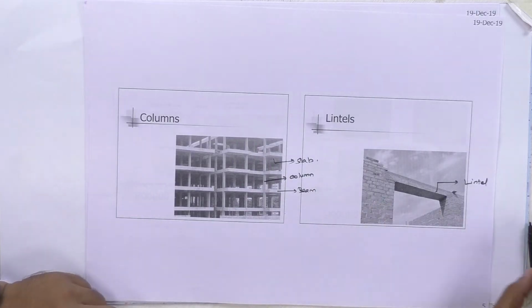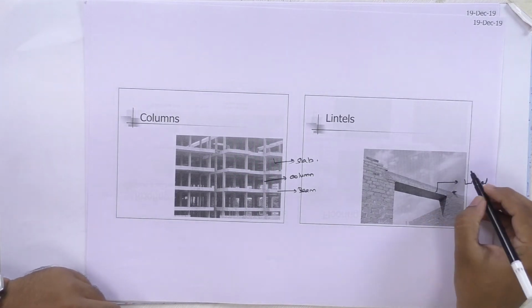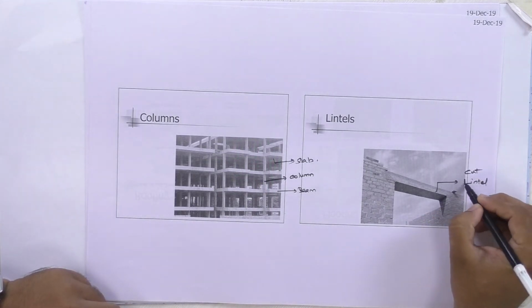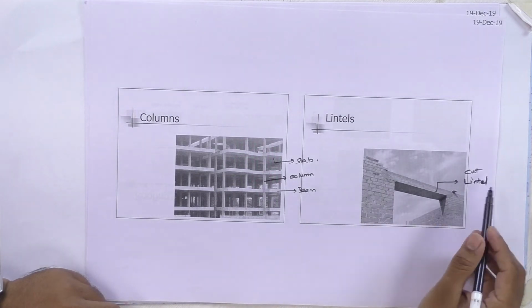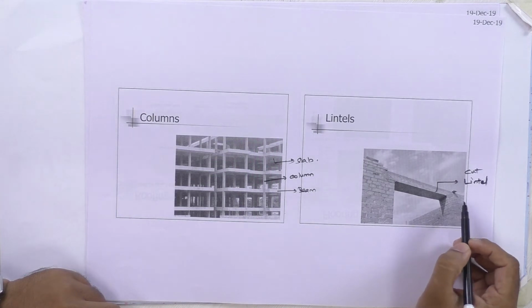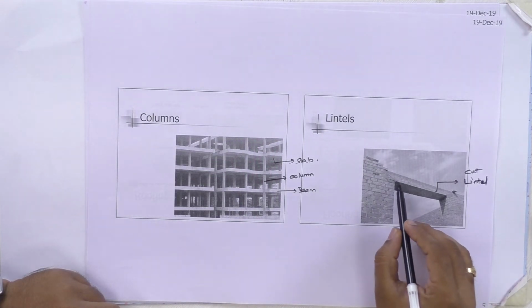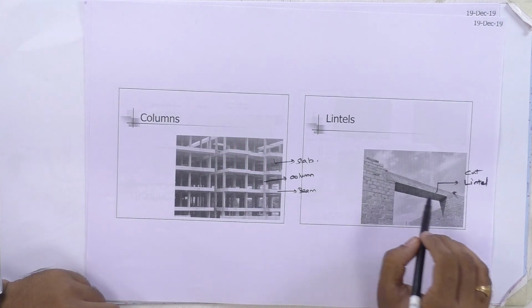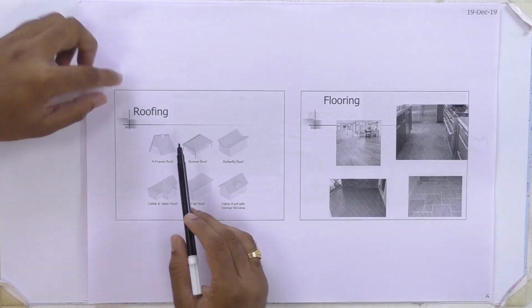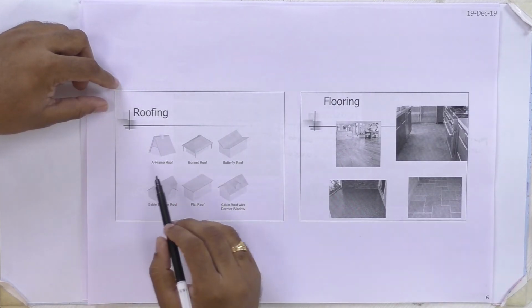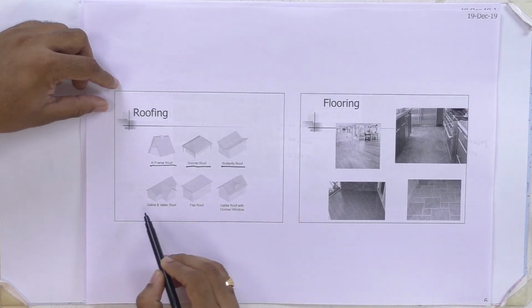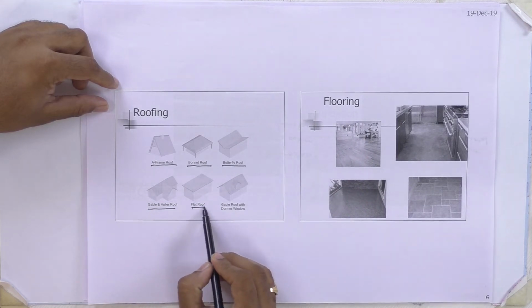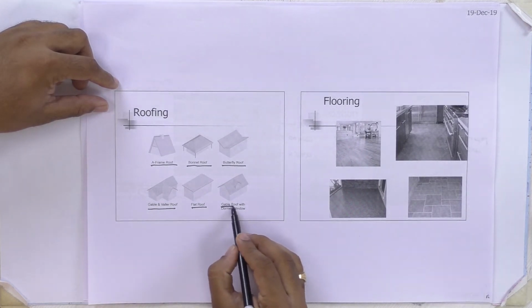And here for lintel, this one is known as a cut lintel. This cut lintel is used in framed structures. For load bearing structures we provide this type of lintel for full buildings. Then roofing. There are different types of roofing: A-frame roof, bonnet roof, butterfly roof, gable and valley roof, flat roof, gabled roof with dormer window,